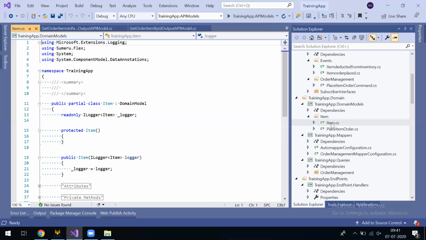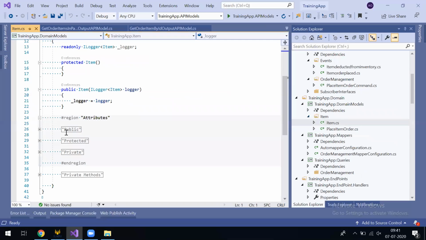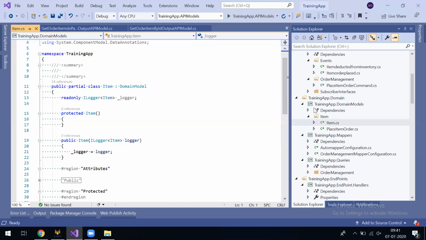This is our main entity. So this is the Flex NuGet. Using Flex NuGet, this is the domain model which is inherited for this item. This is our entity. And over here, you can add your attributes for this particular entity.